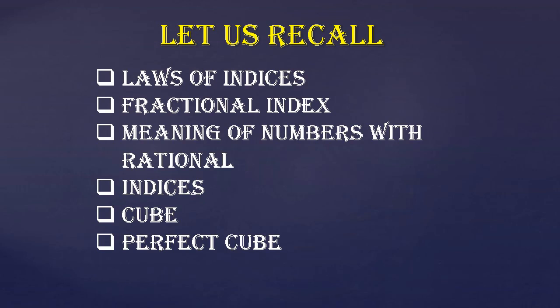Then we have seen the cube of a number. If a number is written 3 times and multiplied, then the product is called the cube of the number. Cube of a positive number is positive. Cube of a negative number is negative. The cube of any integer is called a perfect cube. In this module, we will learn what perfect cubes are and how to calculate the cube root of a perfect cube.